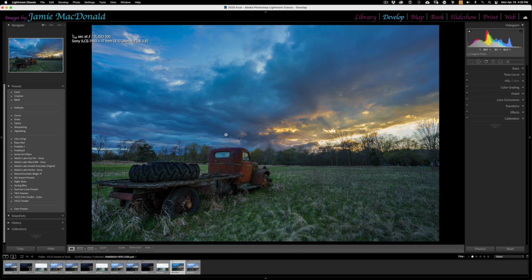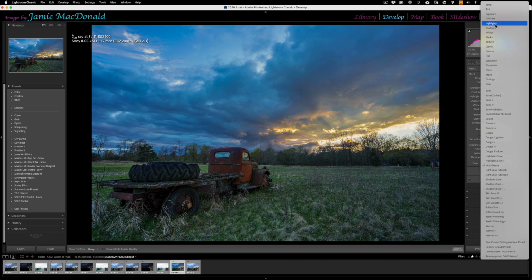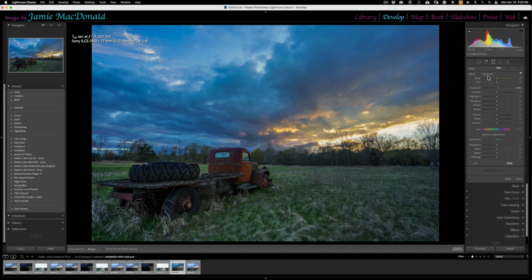So I think I'm set and pretty happy with what I've got so far, just working from the panels. And at the end of everything within Lightroom anyways, that's when I'll start going through and working with adjustment brushes and graduated filters and things like that. I do want to run a graduated filter though down here in the foreground. The foreground is probably fine, but I want it to be a little more unrealistic. I want a little bit more exposure there, so I'm going to start off with an exposure graduated filter here,